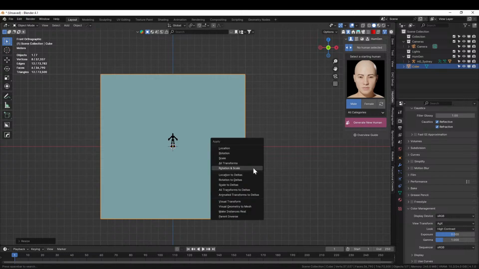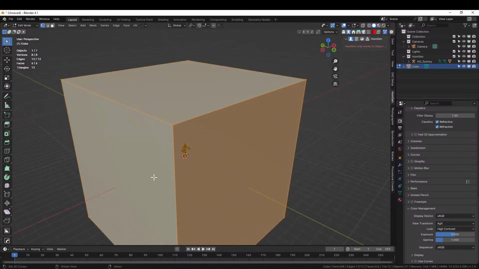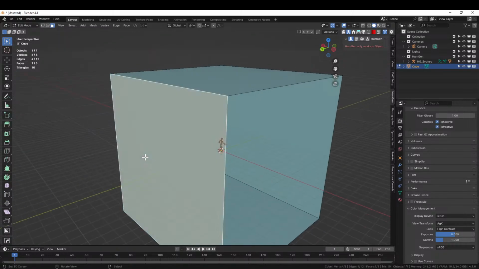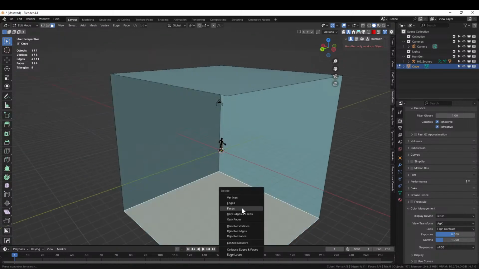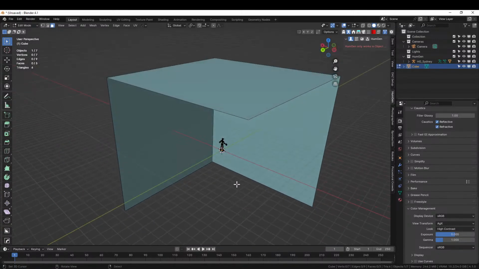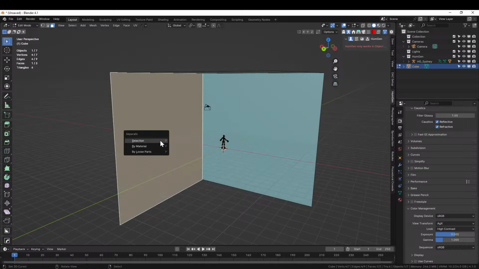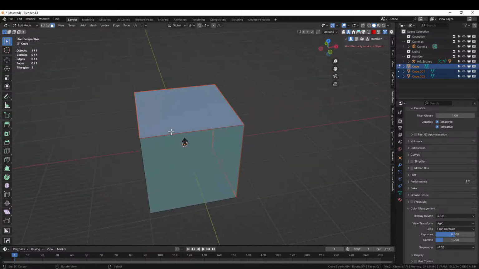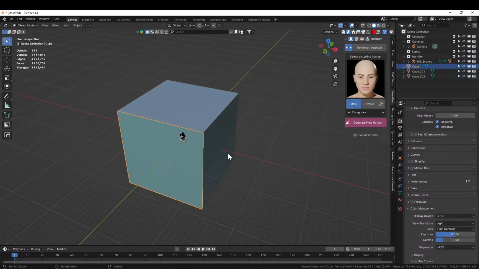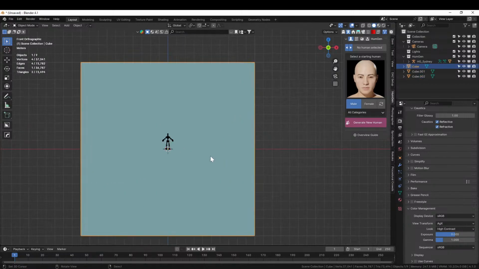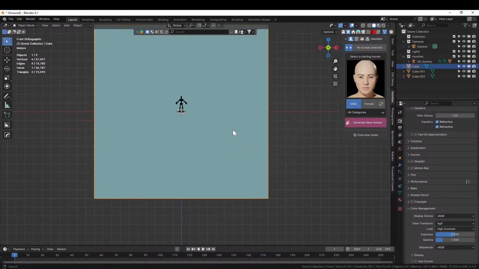So, rotation scale, tab. We're just going to get rid of X face, X face, X face. And then we can P selection, and there we go. We're all set up. So we've got the front, side, top view. So front view. It won't be a square when we're done probably, but